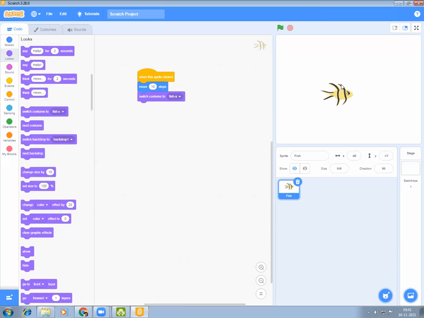No need to click any keyboard keys or click on the green flag. We have to just put the mouse pointer on the sprite and just click it. So whatever command we want to put, we can give it in the command area or the coding area, and we have to just click on that thing. Okay.